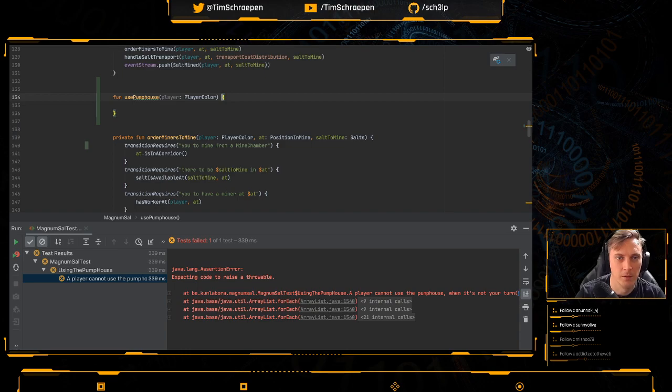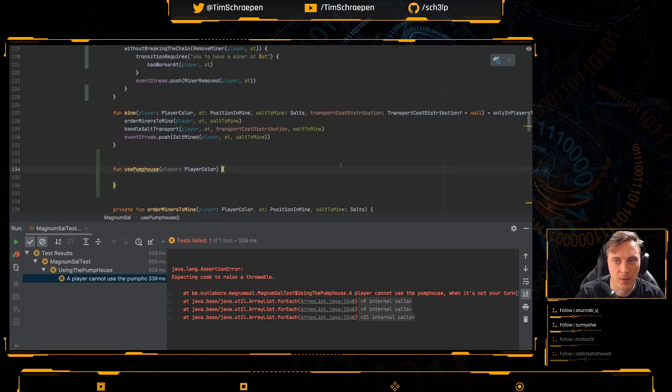Luckily I added something that you can do only in a player's turn. You just add a player and then you don't do anything. I still think this is so cool because we haven't changed anything about the readability of this use pump house thing, but we did add a very important feature, and that is that you can only do this in a player's turn. So now if I run this,